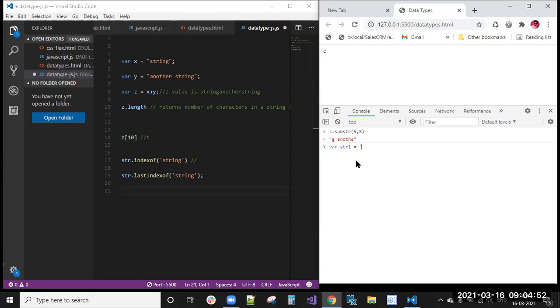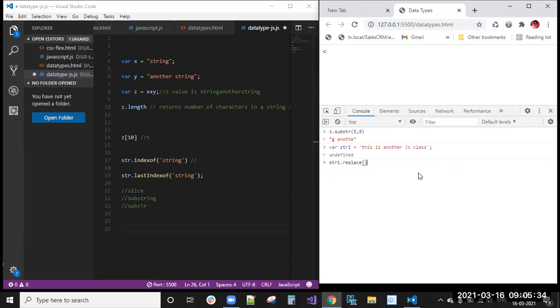I'm creating one more variable, JS class. Here we will write some slice method, substring method, and substr. I have declared str1 equal to another JS class. Next, str1.replace.